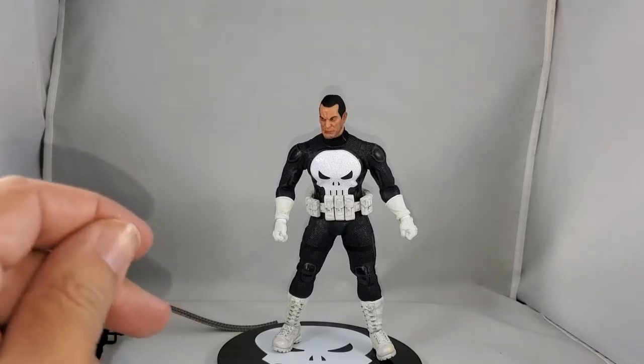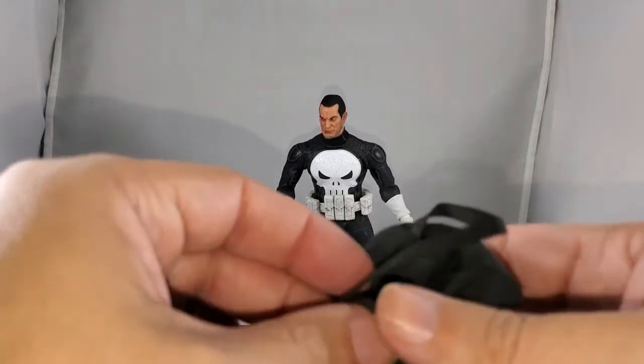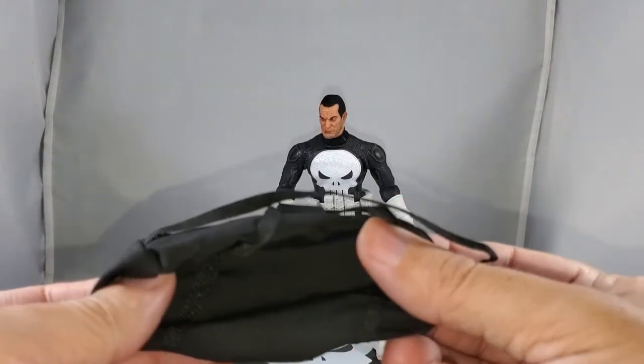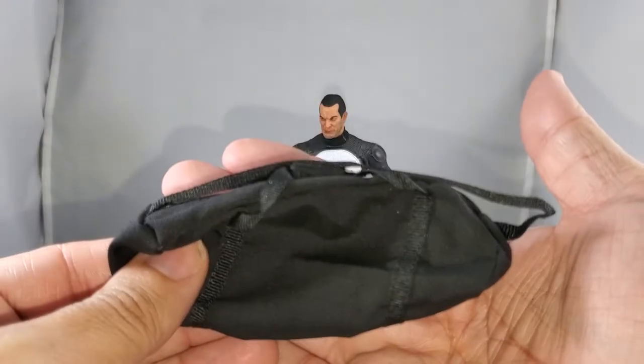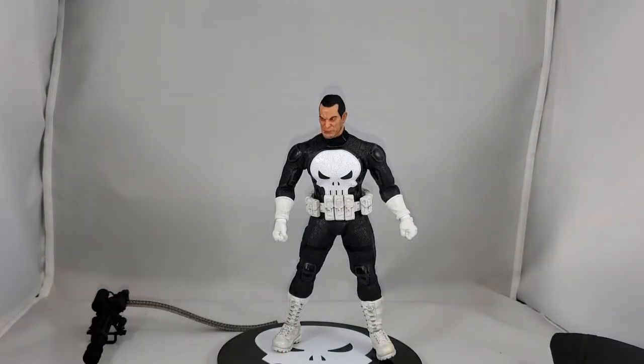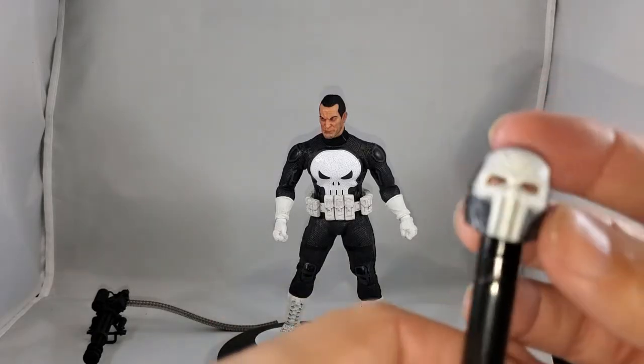Okay. We also get a working duffel bag to put all of our various weapons into. And we get 2 additional heads. So let's start off with the masked head,